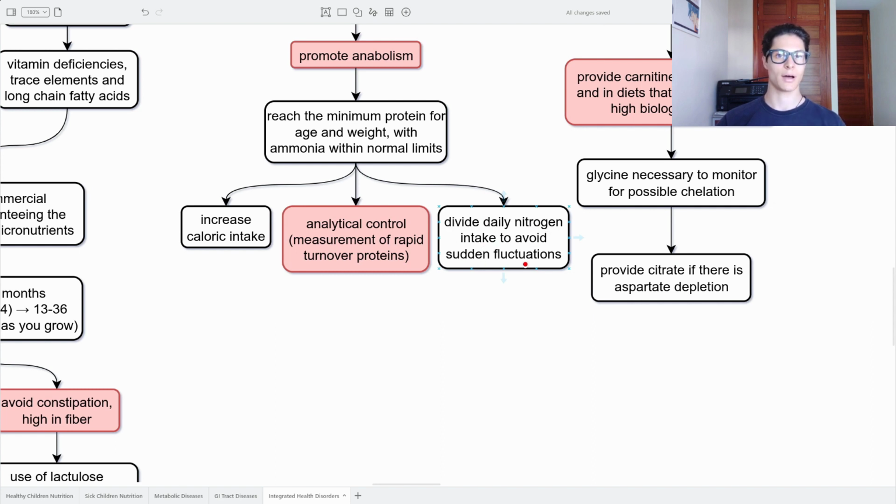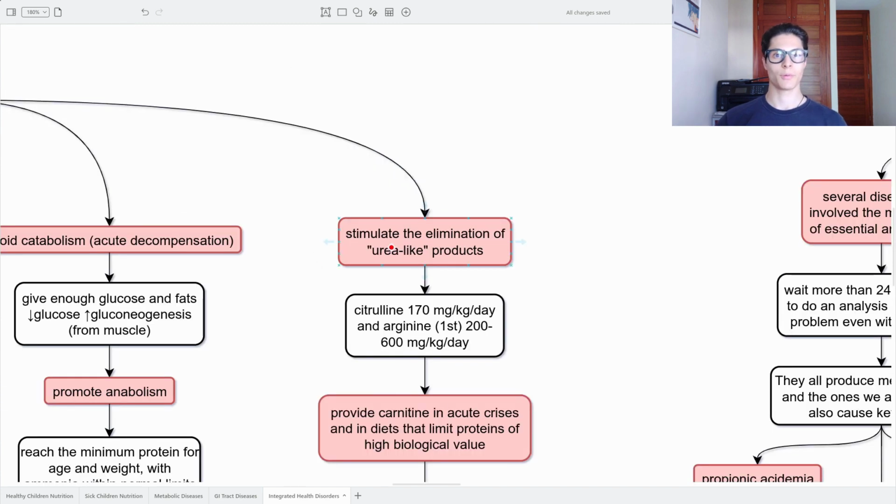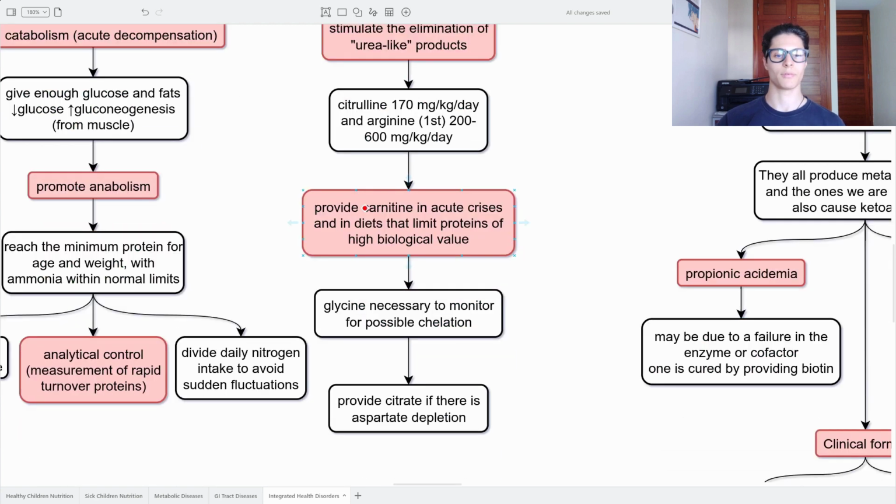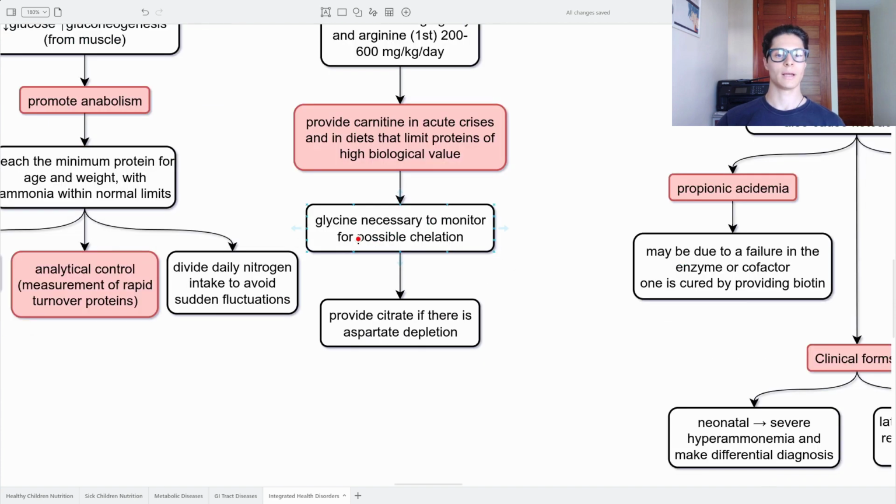So it's better to have smaller doses multiple times in a day. And another thing we have to do is to stimulate the elimination of urea-like products. This is using citrulline and arginine. We have to administer arginine first, always. And we have to provide carnitine as well in acute crisis and in diets that limit proteins of high biological value. Glycine is necessary to monitor for possible chelation, and we have to provide citrate if there is an aspartate